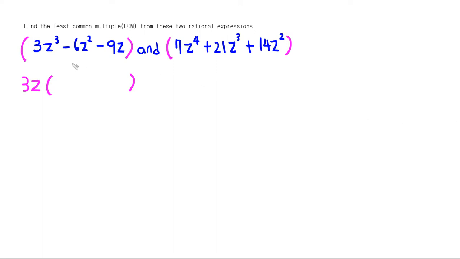If you divide 3z to the third power by 3z, it is going to be equal to z squared. And minus 6z squared divided by 3z is going to be negative 2z. And negative 9z divided by 3z is going to be negative 3. And for this expression right over here, we can also simplify it. The greatest common divisor is going to be 7z squared multiplied by,